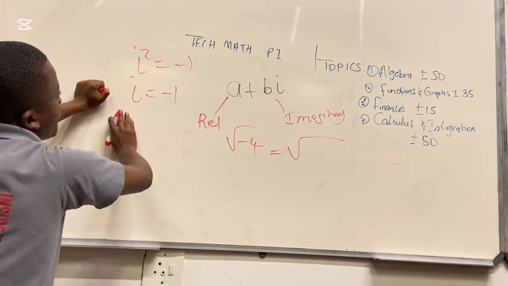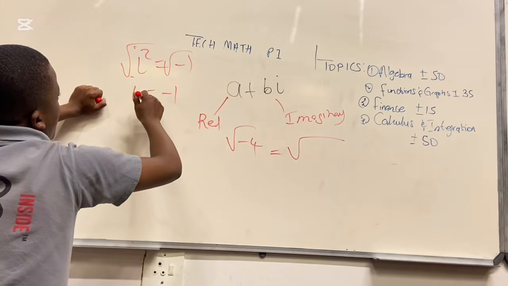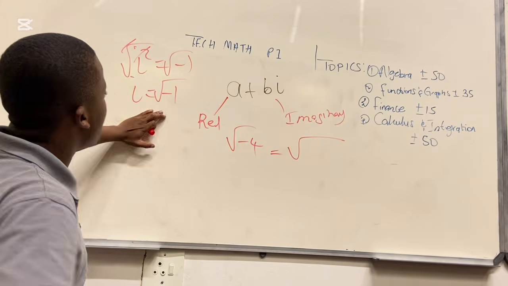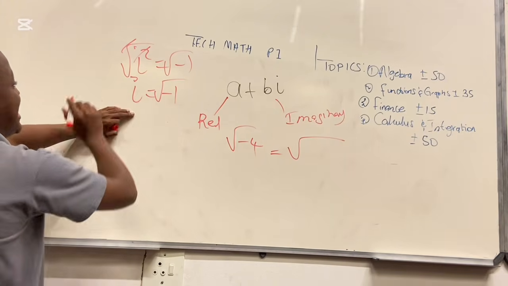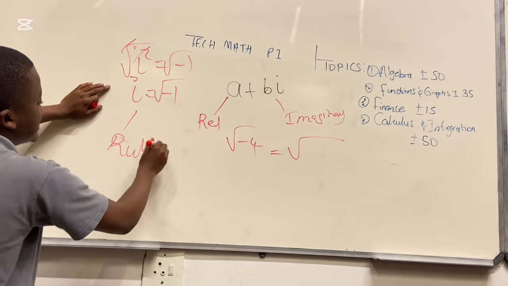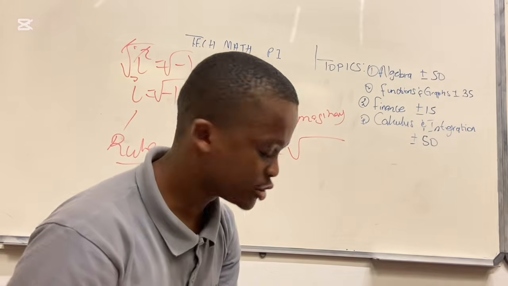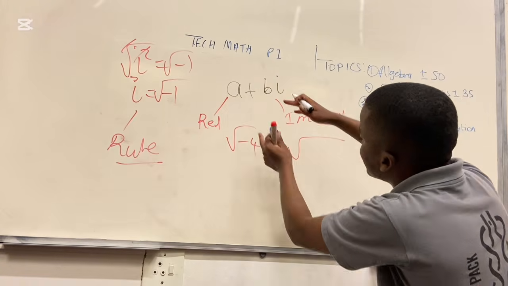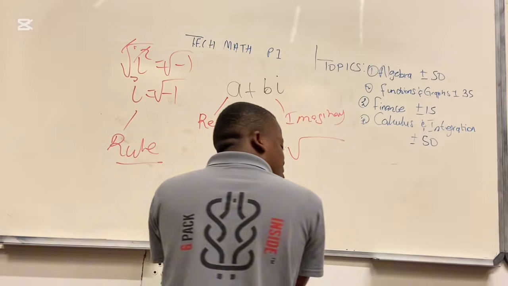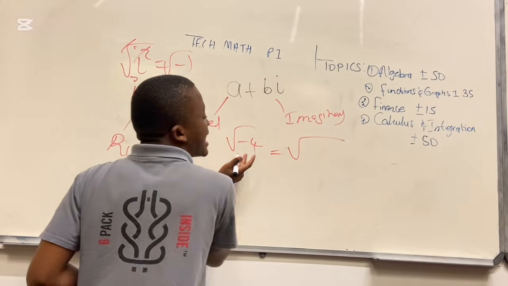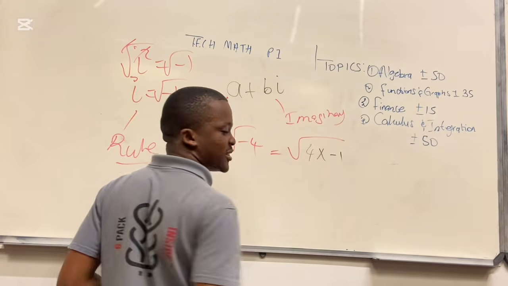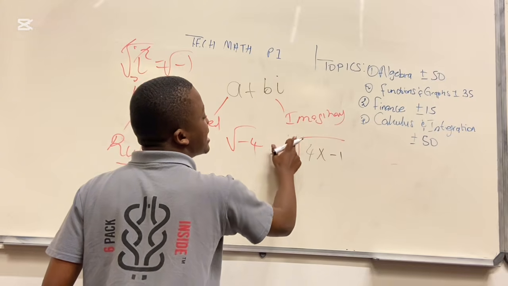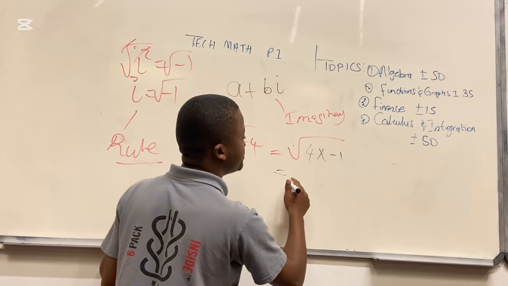What did we do there? We took the square root. This cancels this, and we have i is equal to the square root of -1. So whenever we have a square root of -1, we have i. This is a rule of mathematics with regards to complex numbers. Now we have the real part and the imaginary part. On the imaginary part, we are saying a square root of a negative can be written. This -4 can be written as 4 times -1. It's the same thing. When they share the same root, now this can be what?